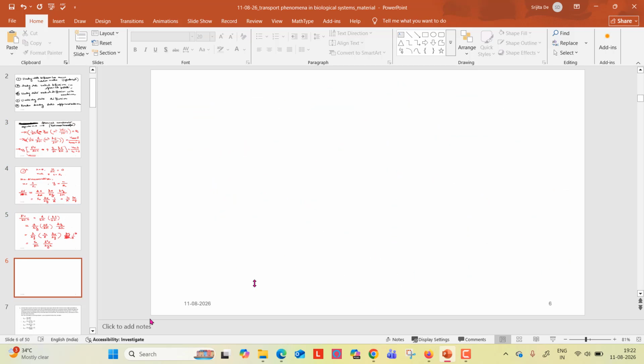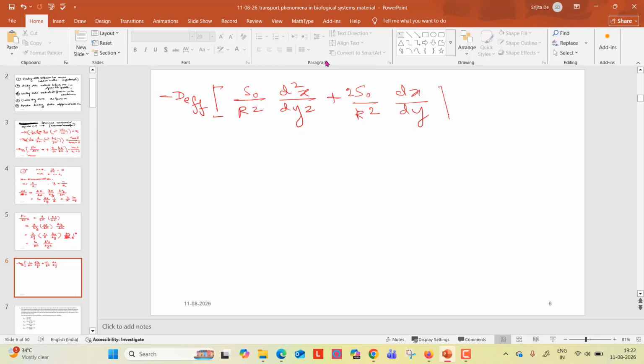There is a minus D effective. d²s/dr² will be s0 by r squared d²x/dy², plus another term, which was 2 by r, so 2 s0 by r squared, because r is already there, dx/dy, equals to